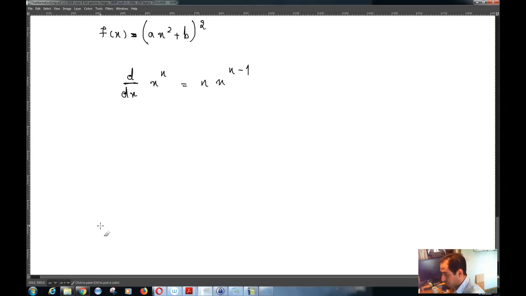Okay, so what you need to do here is you need to basically expand this. There seems to be no other way. You might be able to find some sort of formula for this, but at this point what we can do